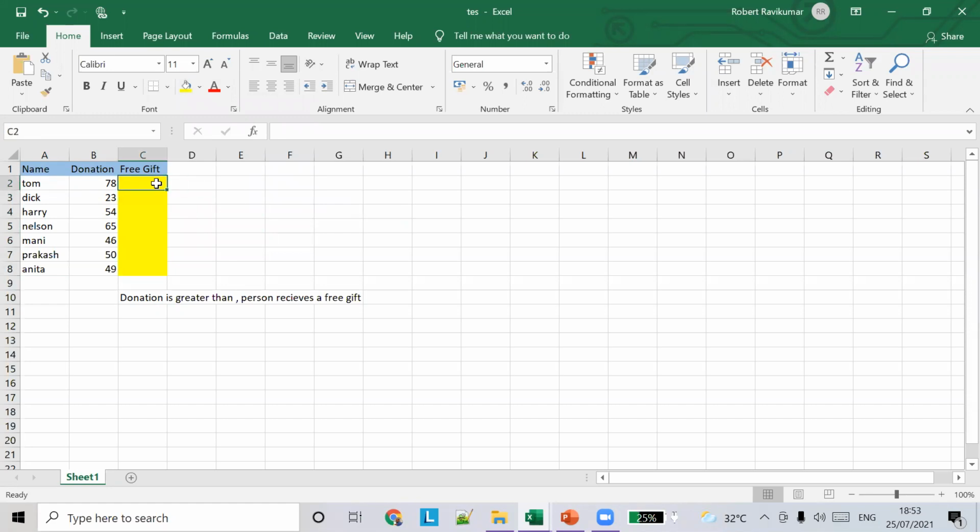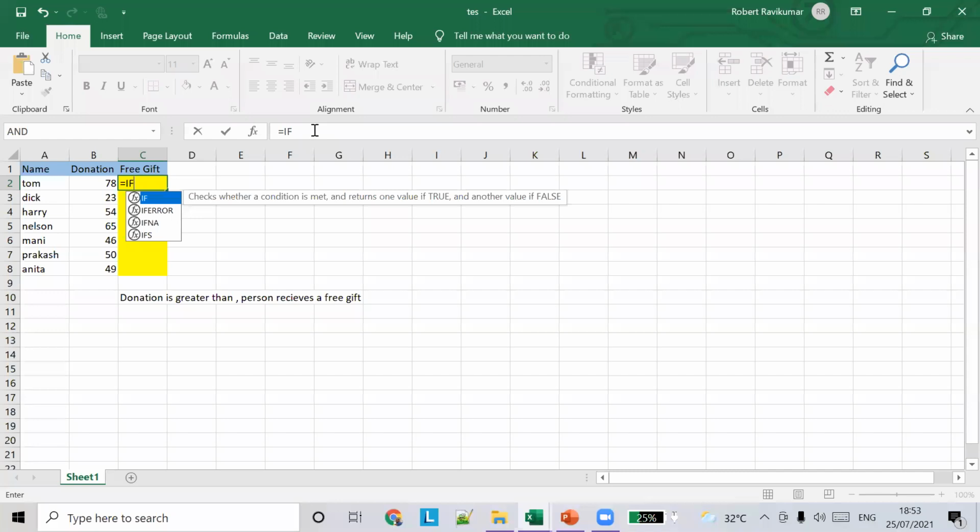Okay. So what is the formula? I just told you the formula, right? Can anyone tell me? Equal to... greater than... What is the function name? It's IF, right? First, all the formulas start with the function name, and after that, there is an open brace.